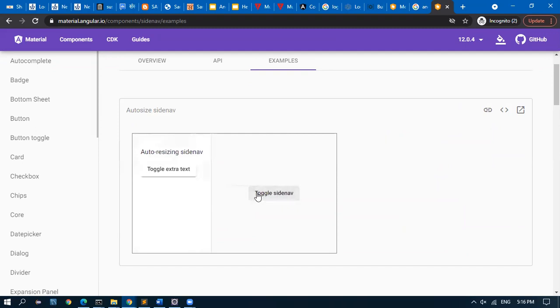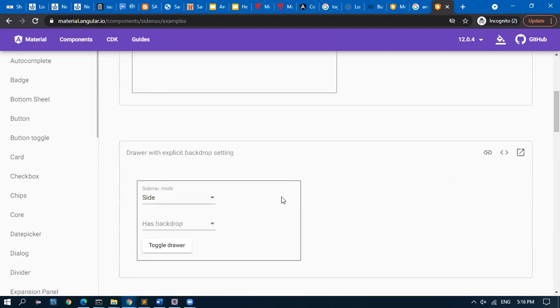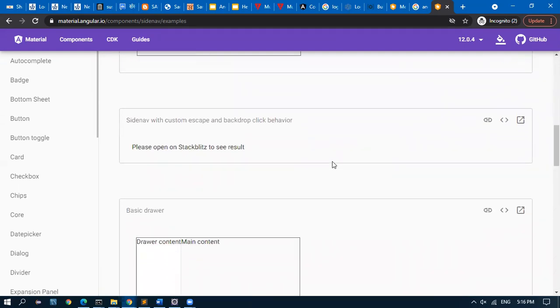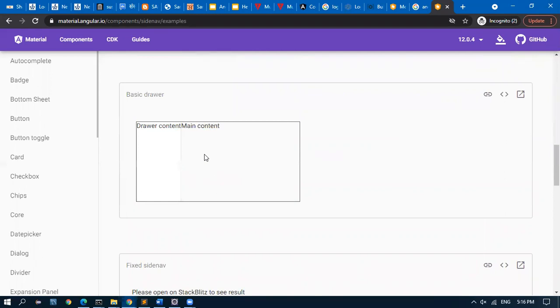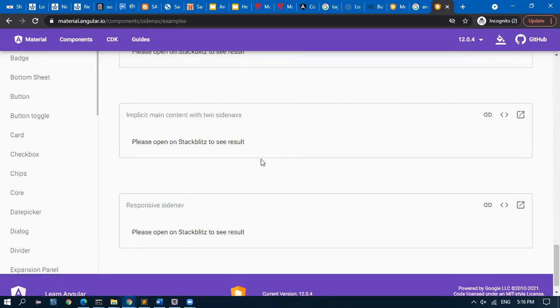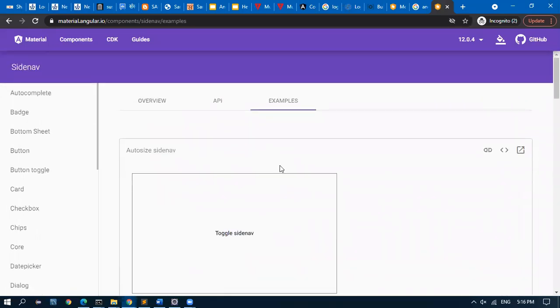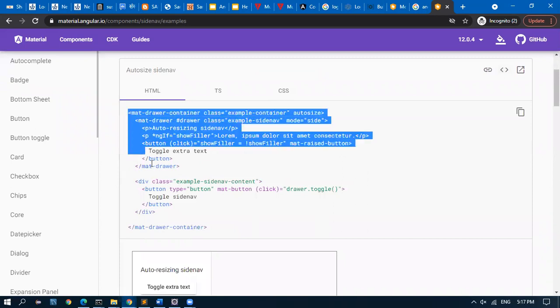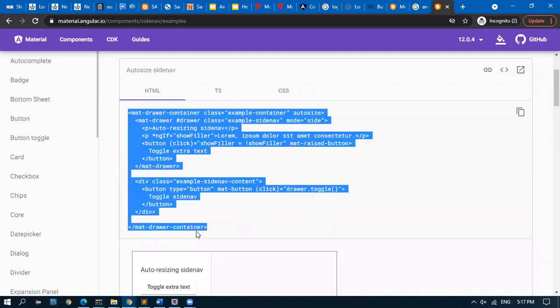We'll use this menu. So see the code. This is my code for menu.